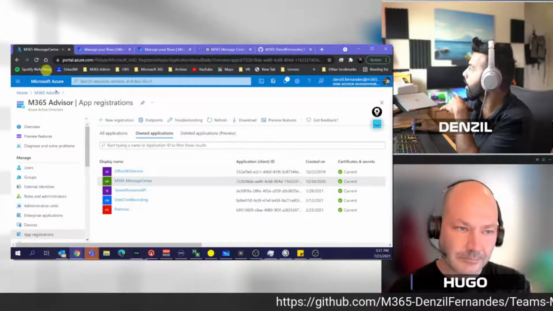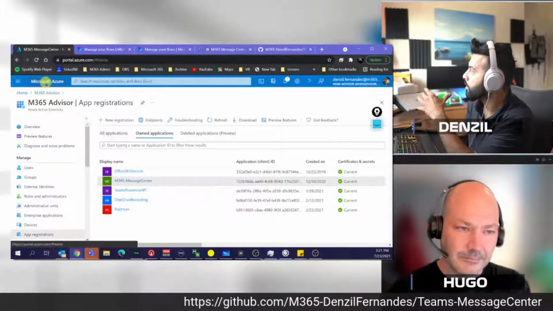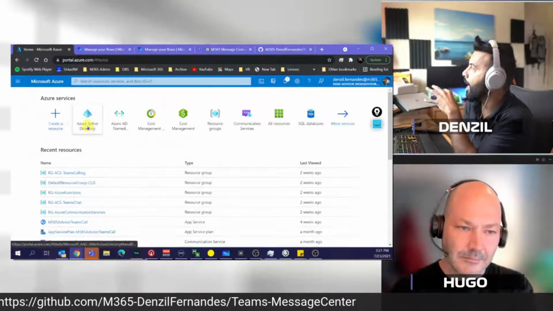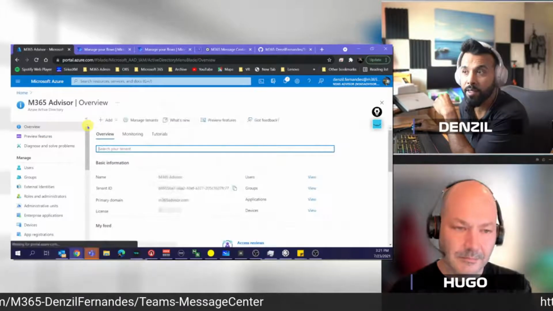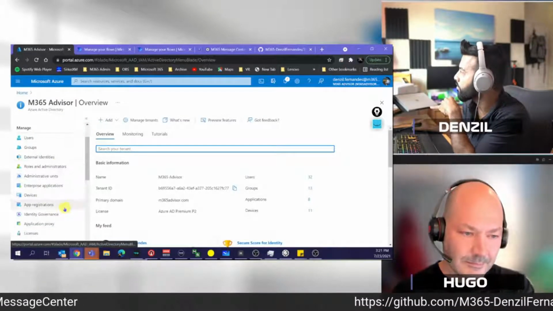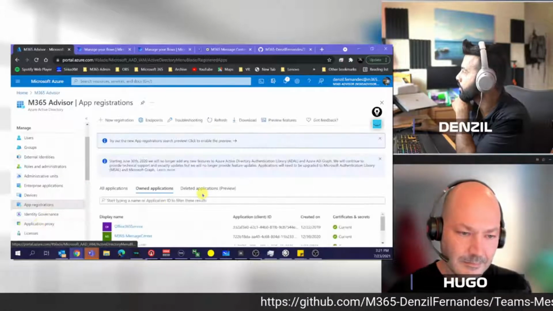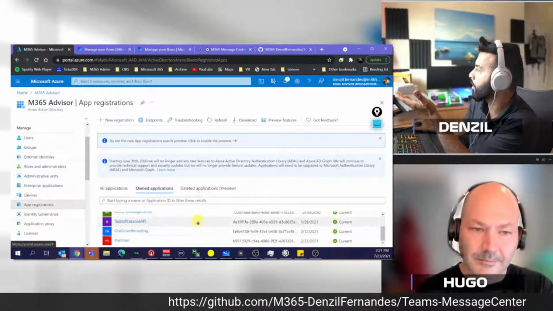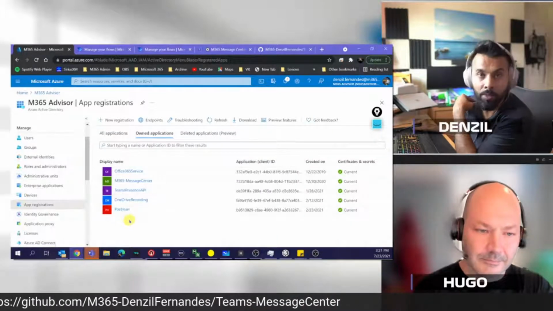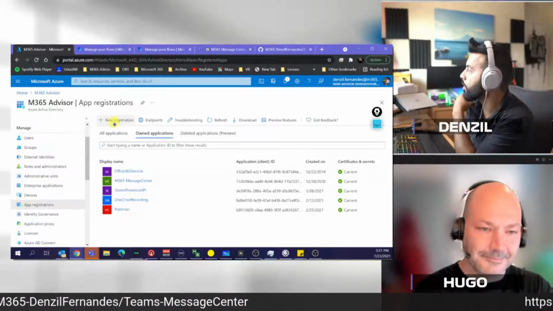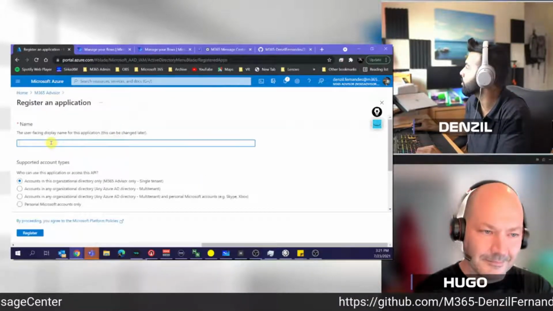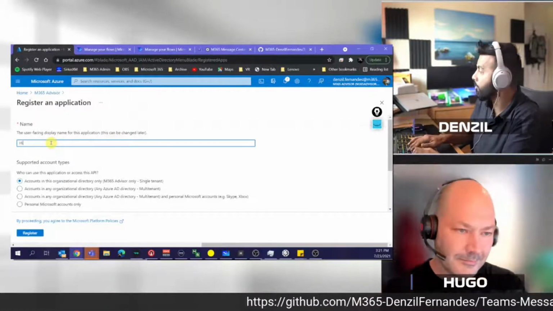So to get started, I'm going to go to Azure. Now, app registrations in Azure is buried inside Azure Active Directory, right? And inside Azure Active Directory, you will find app registrations. Now, I have created previously some registrations in here that you can see. I've created a few, right? So I'm going to create a brand new one just to go through how to create this. So we're going to call this application name Hugo